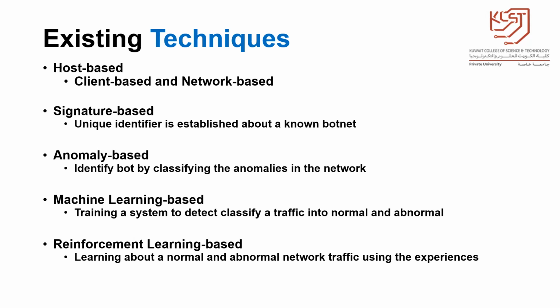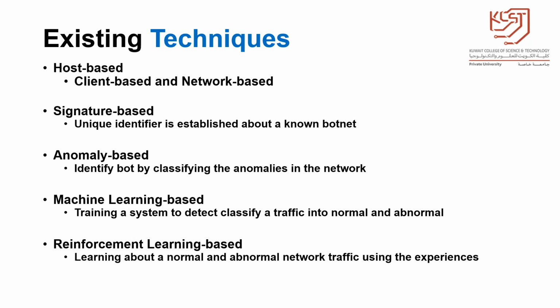And then we have anomaly-based detection. In anomaly-based detection, we classify the network traffic into anomalous and benign. Let's suppose at some particular time there is an IoT device, say a refrigerator, connected to a server, and it is sending a huge amount of traffic. So we think that this is some sort of anomaly and we can track it down.